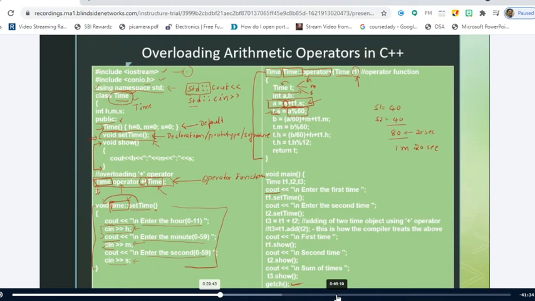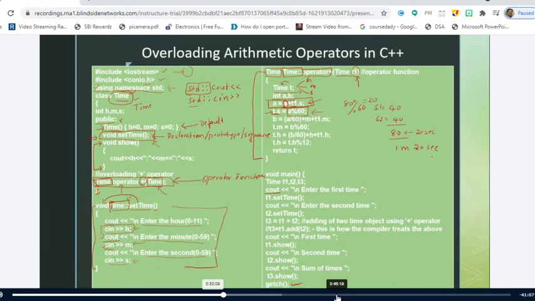So here he is operating the modular division operator such that he will get total seconds, right? So when I modulo operate like this, 80 modulo 60, what is happening here? What is the result of 80 modulo 60? 20, remainder operator.